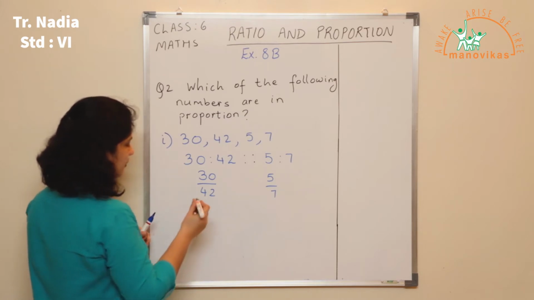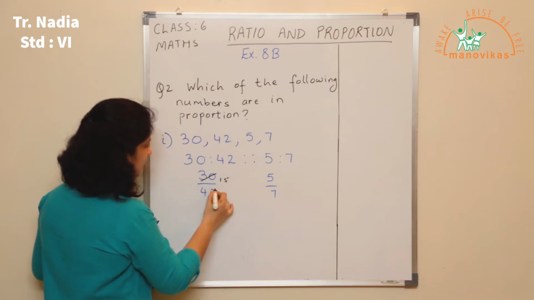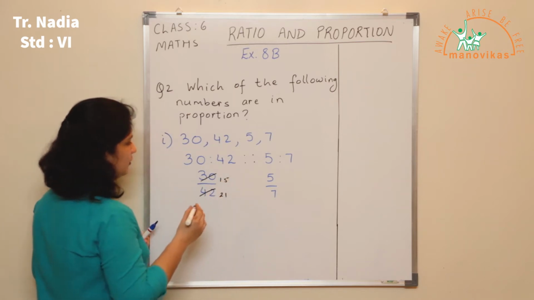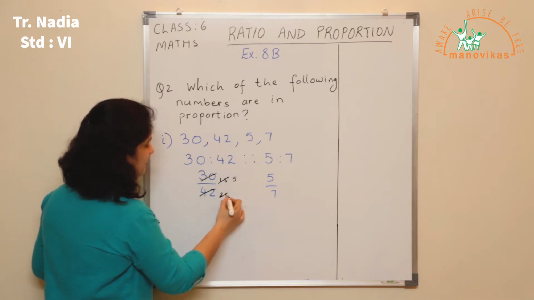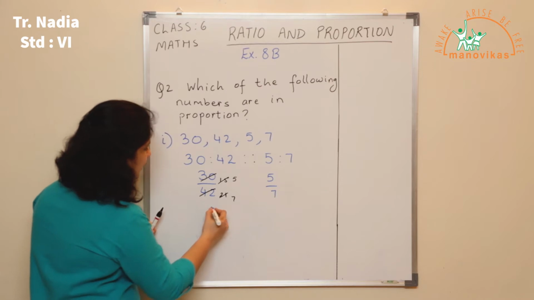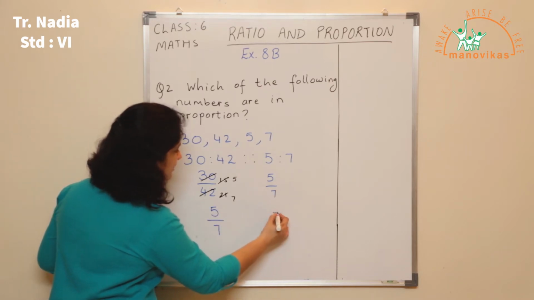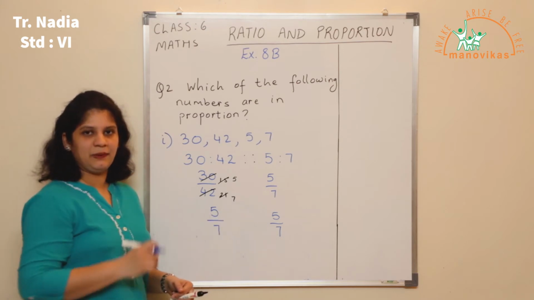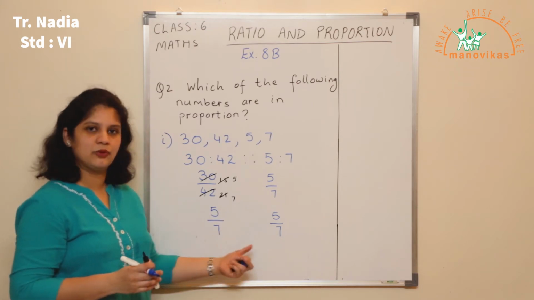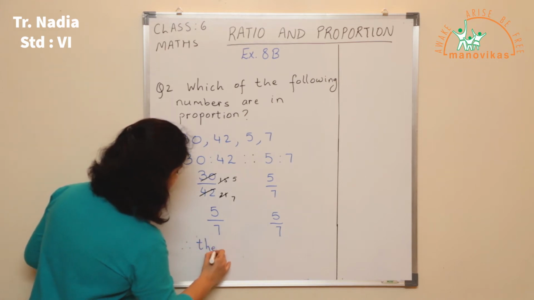So let me write the first ratio as a fraction and the second ratio also as a fraction. Now this ratio can be reduced. I can make use of the 2 table. 2 15s are 30, 2 21s are 42. Again I can make use of the 3 table now. 3 5s are 15, 3 7s are 21. So you can see that this ratio is now reduced to 5/7, and this is also in the simple form 5/7. So both the ratios when simplified in the fraction form come to the same. So I can make my statement, therefore they are